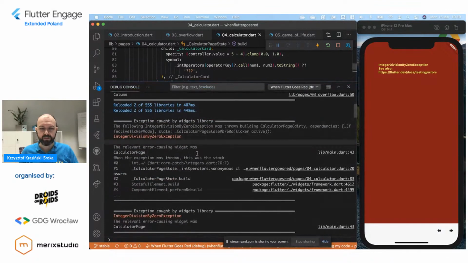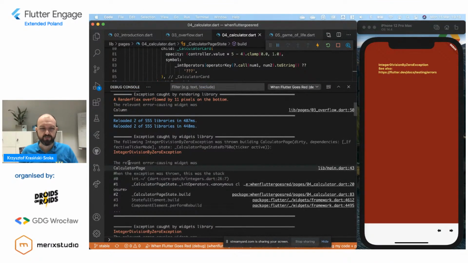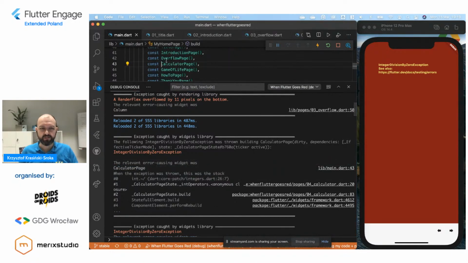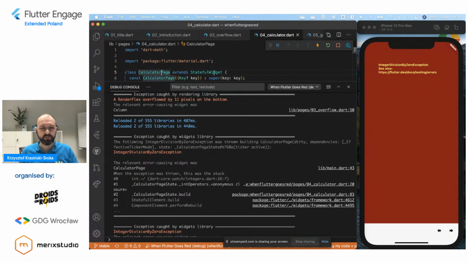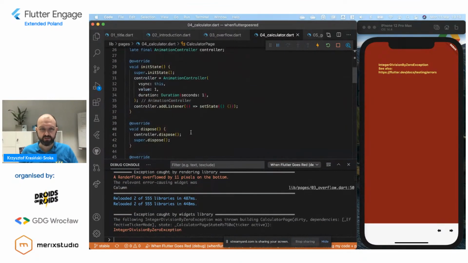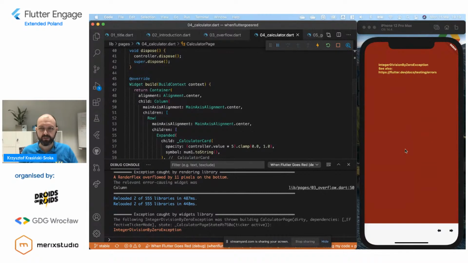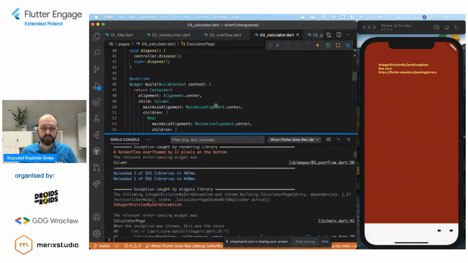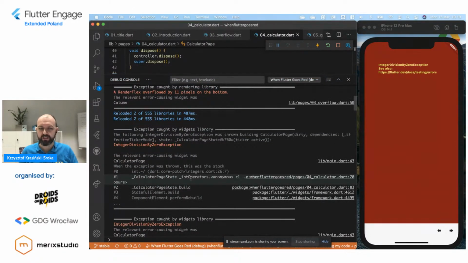Obviously, I could show you again, there is some kind of error-causing widget, which was calculator, thank you. And as I told you, this is not going to pinpoint really the problem. The problem is somewhere much, much deeper, right? But this problem happened during the build time, and because it did happen during build time, the whole widget actually looks like that. And we cannot really pinpoint what happened, right? There's an exception, something bad. And we could say, okay, this calculator stayed built and so on, but I'm not going to do this.